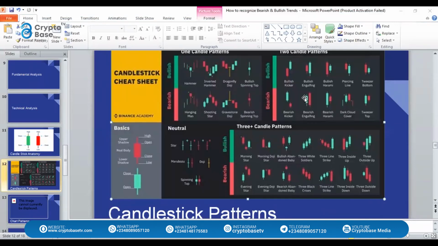Well, you see, there is what we call halving, like the four-year halving. The last halving happened, I think that was 2020. I think I'm correct. So these halvings happen every four years. After each halving, there used to be a bullish market. But aside from that, there are also other factors that determine it.